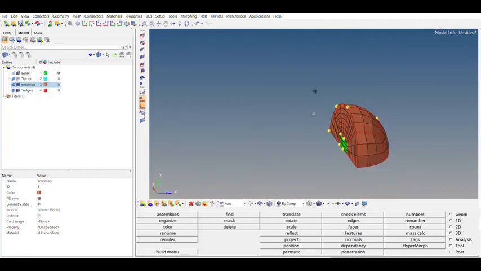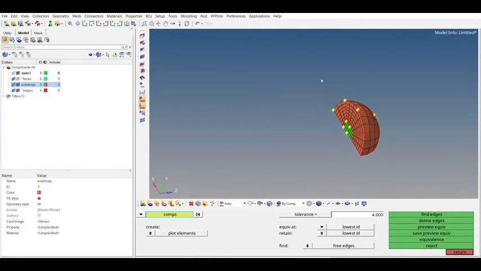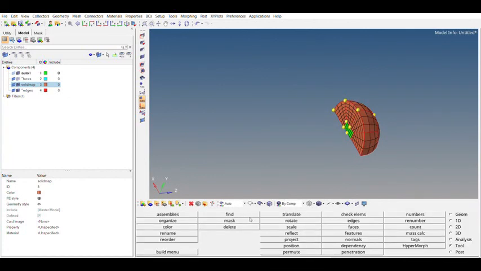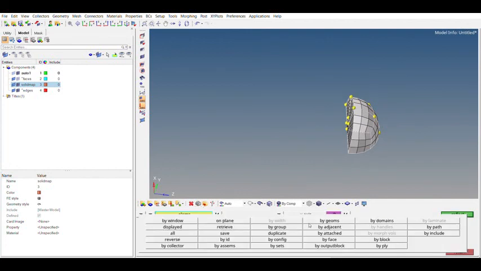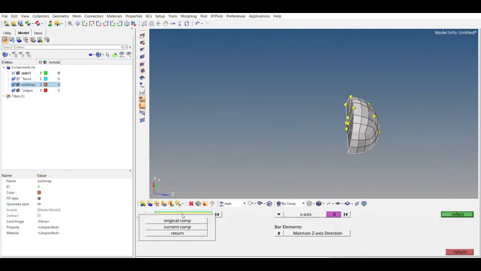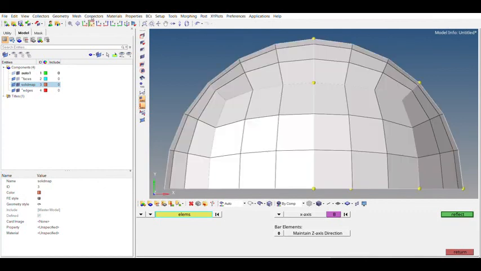Now it's 1/4 of a sphere. Now again from Shift F3 you can get the equivalence menu. Process the equivalence option again. Every time I do a reflect, I need to complete the equivalence. Then again on the reflect panel, select all the elements, do the duplicate and original component, and then again select the axis. This is perfect.